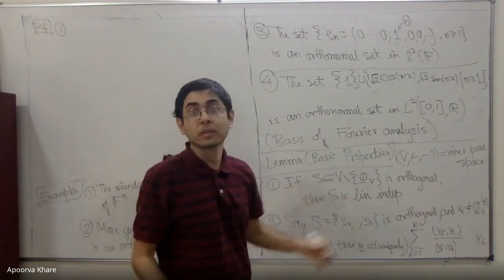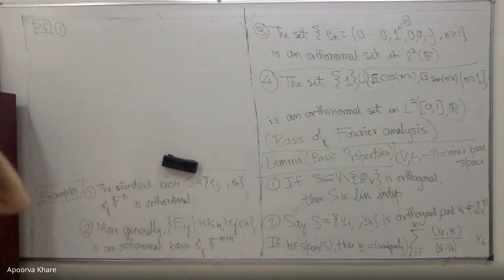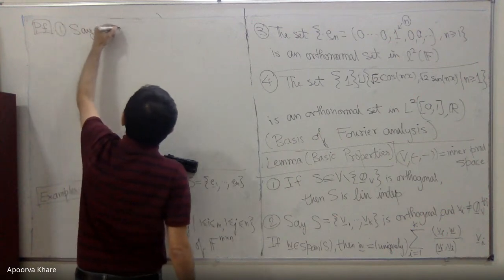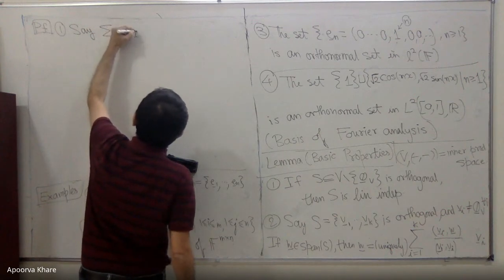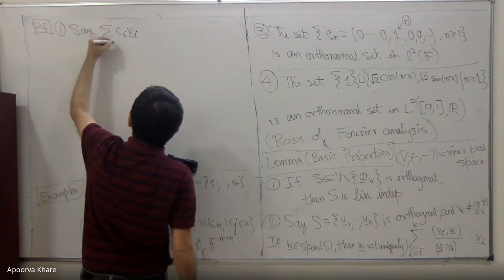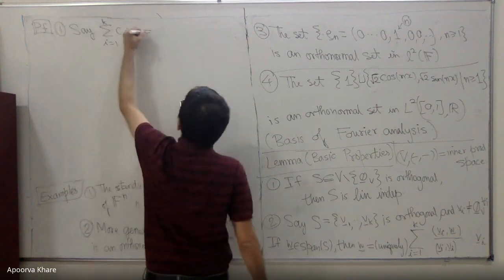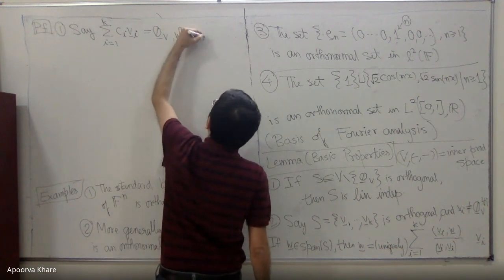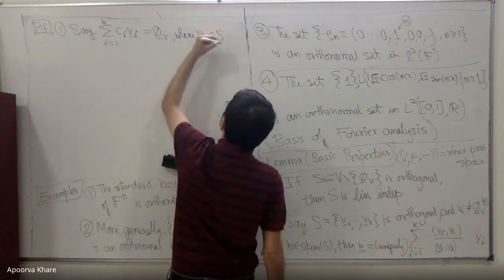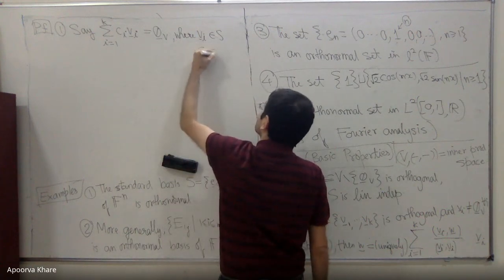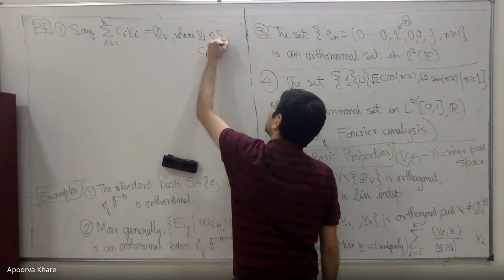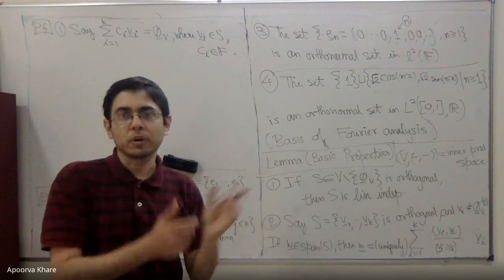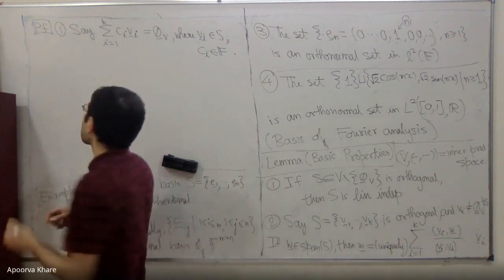It's linearly independent. Suppose the linear combination is 0. Then you want to show that the coefficients are 0. Say the summation of Ci Vi, i goes from 1 to, let's say, k, is 0, where Vi belong to S and Ci are scalars. What do you do? You take the inner product with any of the Vj's. Applying